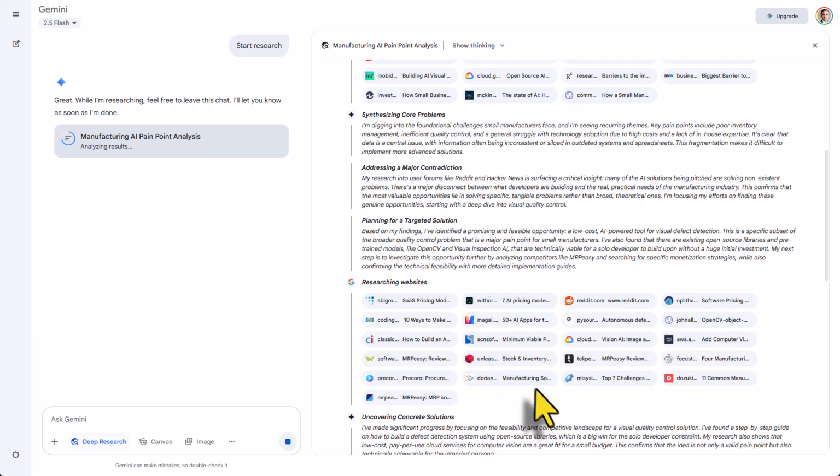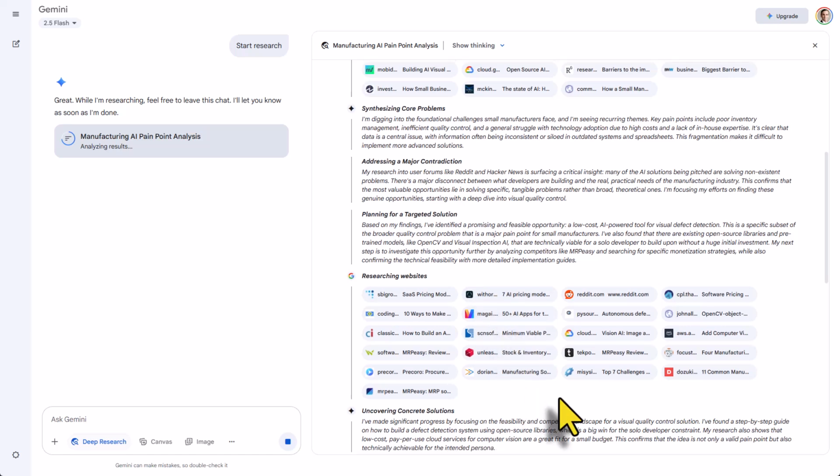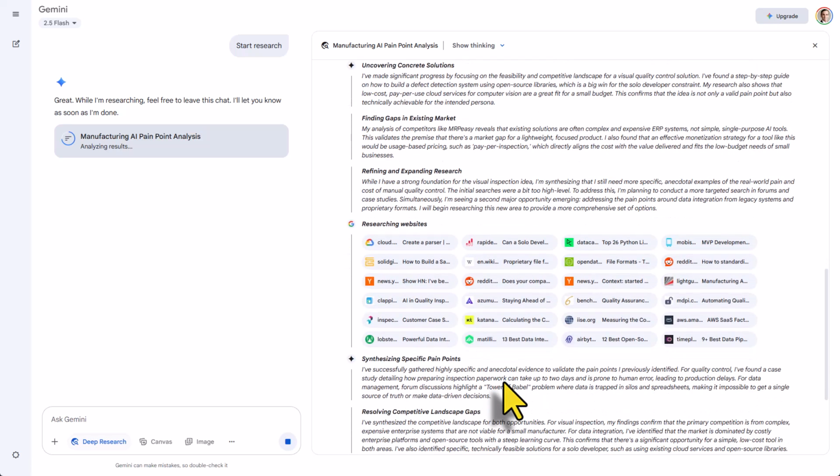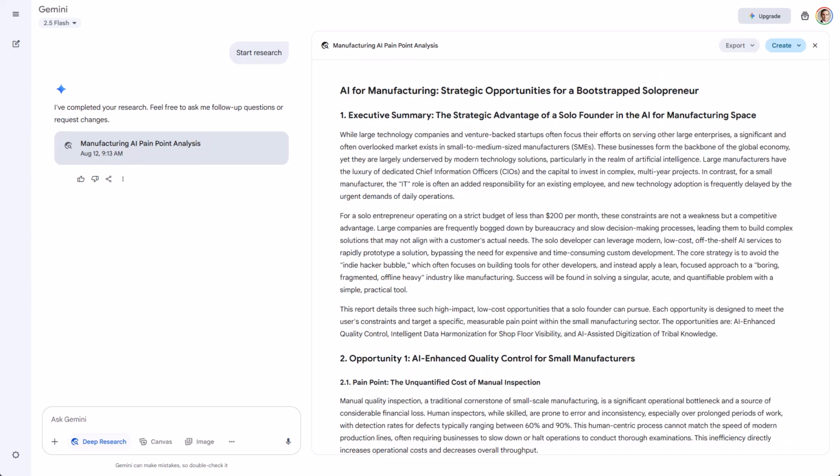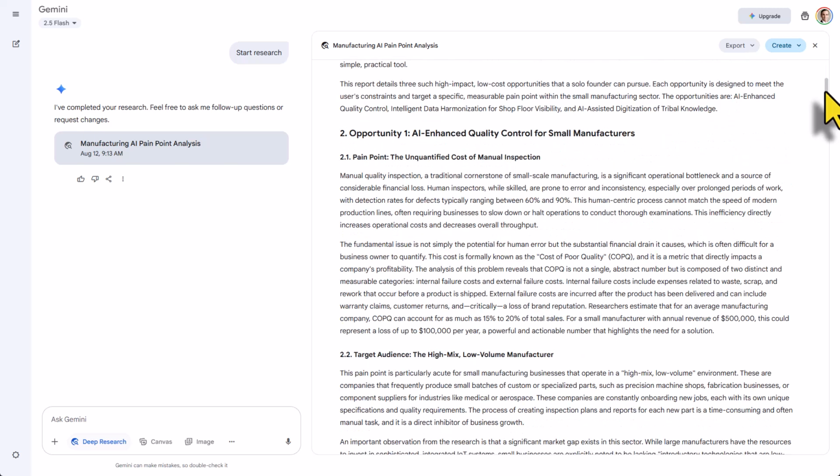Shows additional websites that it's doing research on. So this is really in depth. Okay, it's done processing. Let's see what it came up with. First of all, it came up with an executive summary like you might see in an actual business. So that's super smart. It evaluates the opportunity,